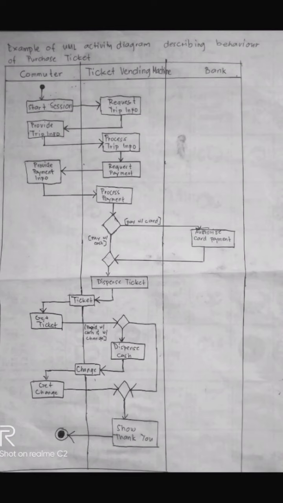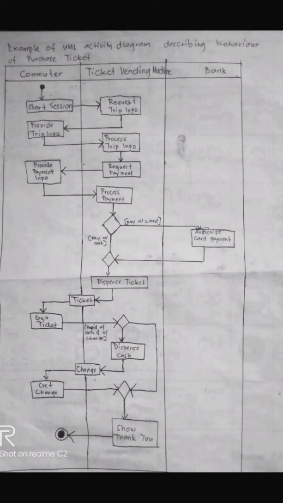A commuter wants to buy a ticket through a ticket vending machine. So here we have three actors: the commuter, the ticket vending machine, and the bank. We will start in the commuter. So we have here the start node,